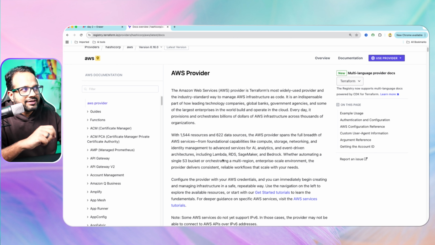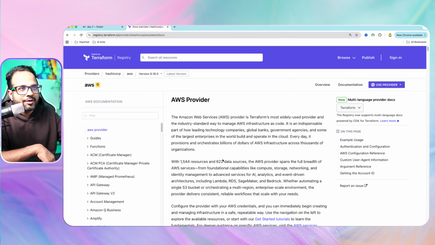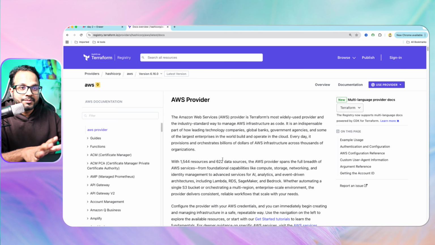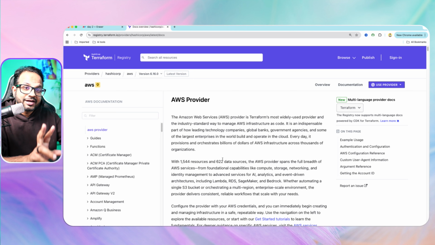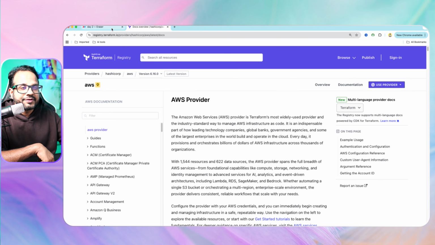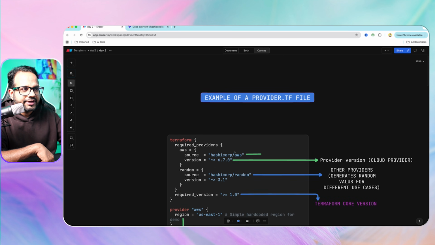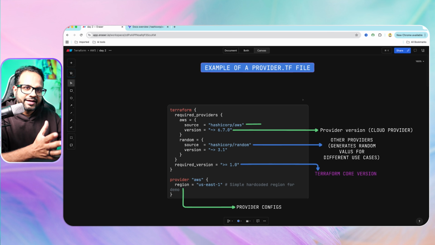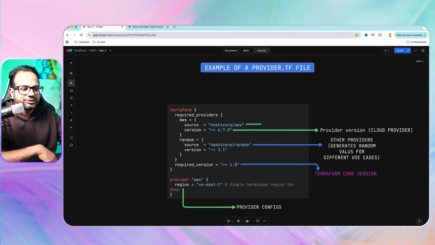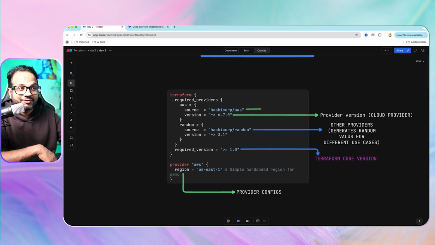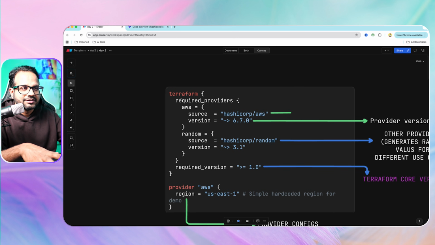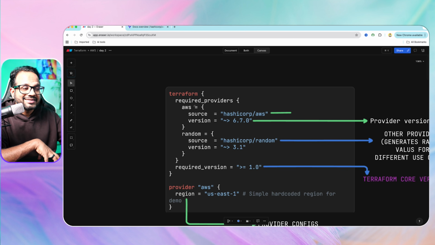Now, the important thing to understand is that a Terraform provider has a version, and in the same way Terraform itself has its version. So there are two different versions. If we go back over here, we'll see an example of a Terraform provider file, like how it looks. As you can see, it is enclosed within terraform, which is at the root level, and inside that you specify your providers